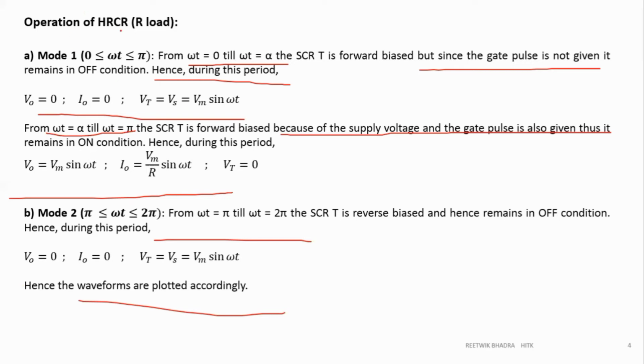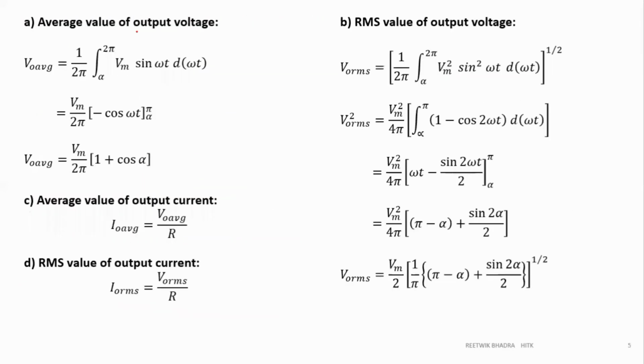HRCR is a half-wave controlled rectifier. Okay, so these are the short forms. Now the most important thing that comes in your exam is your problems. In power electronics, we have seen there are many formulas. Apart from your semester exam, I am giving you advice: please prepare a copy or notes of all these formulas because you will need them in competitive exams. Around 12 to 14 marks come from power electronics. So take care of all the formulas.